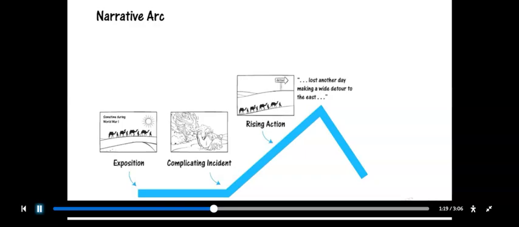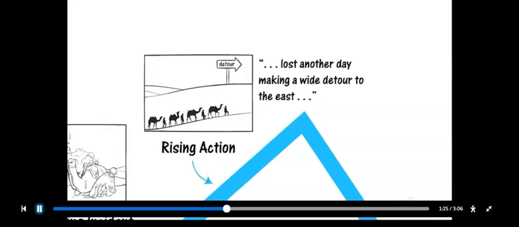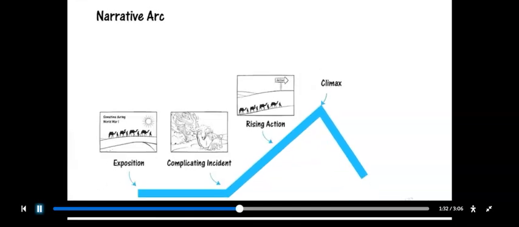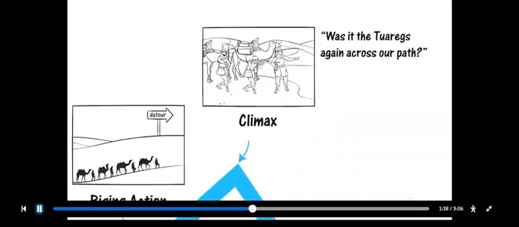The rising action builds on the man versus nature conflict with some fear-for-your-life situations. For example, the group barely escapes some ruthless Tuareg bandits and are forced to make a detour. The climax occurs when the sheik, who is leading the group, suddenly stops and everyone's afraid that the bandits found them after all.